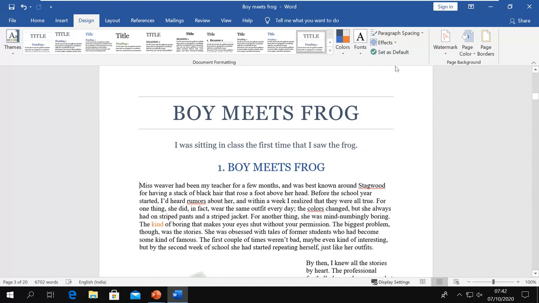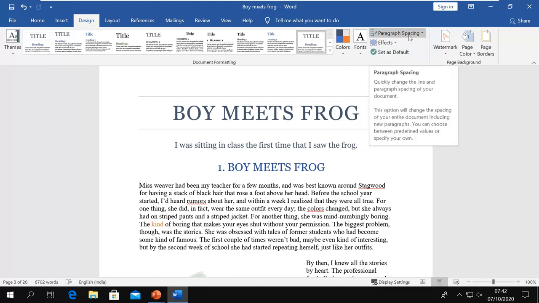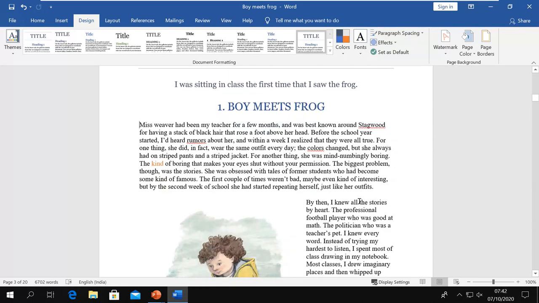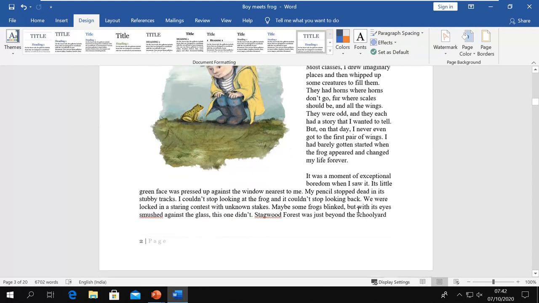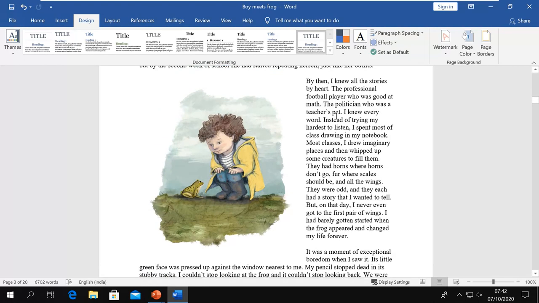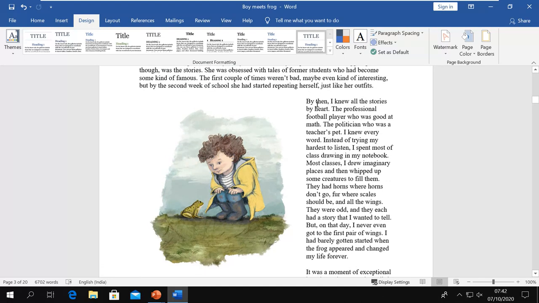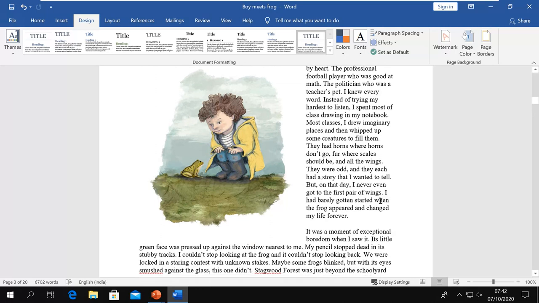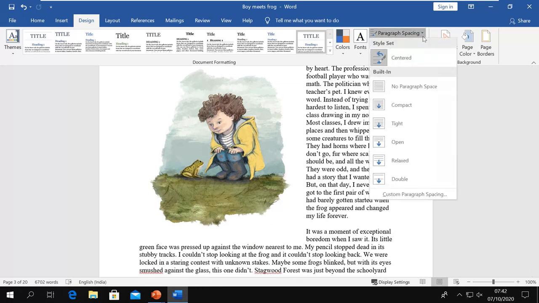Now the same for this group, this command is for paragraph spacing. If you see, these are the paragraphs. I have one paragraph, second paragraph, third paragraph. The spacing means the space from this paragraph to the other paragraph, and you can manage the space.